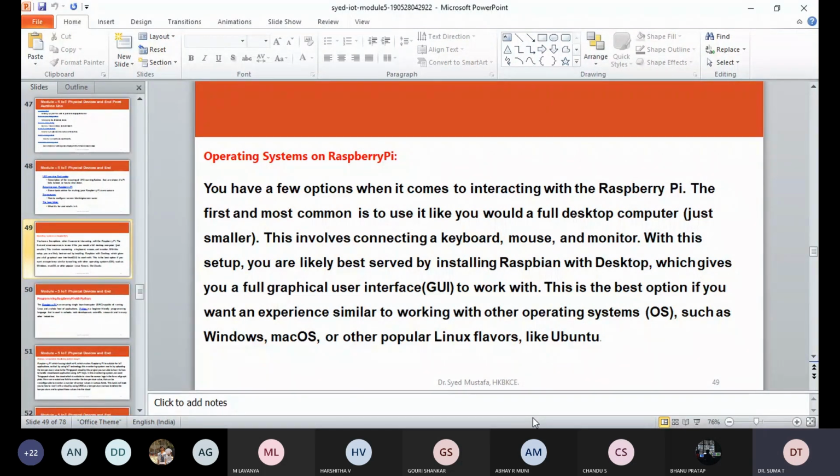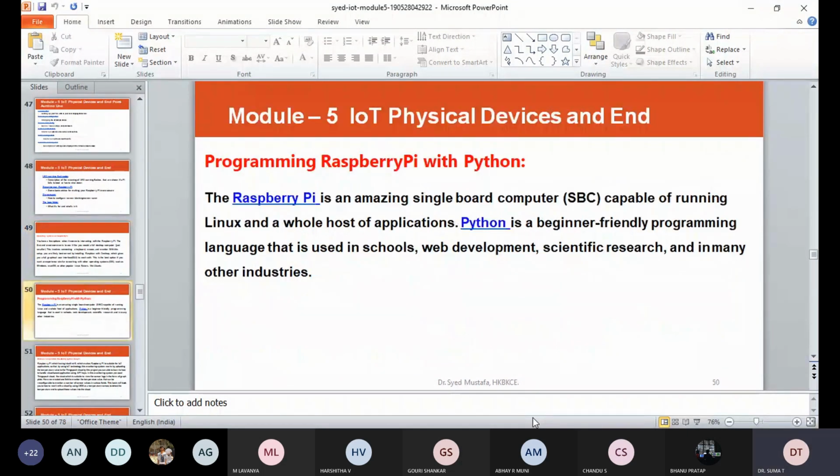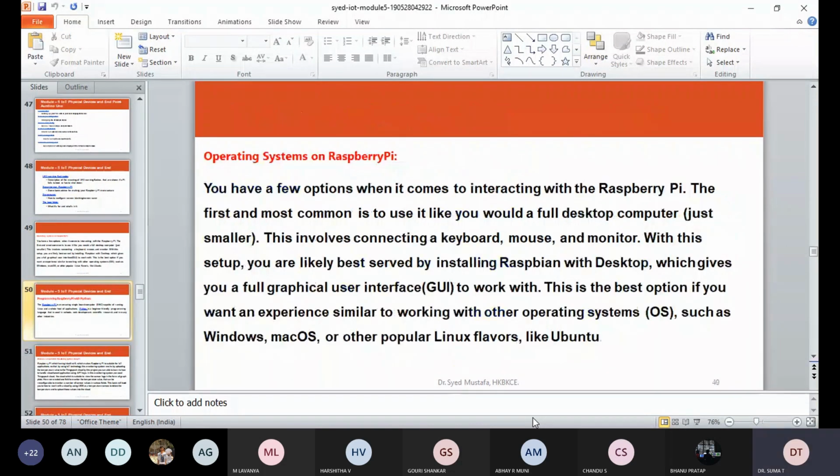Okay. Then the best option if you want to experience a similar working with other operating systems like Windows, Mac OS, and other popular Linux flavors like Ubuntu. We'll talk more about the operating systems only. So it is not based on the Linux operating system, okay. We are going to use the special cut down version of RISC OS, Piscо, that is 116 MB,